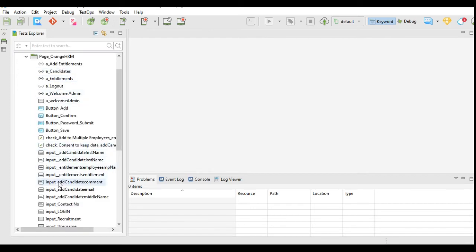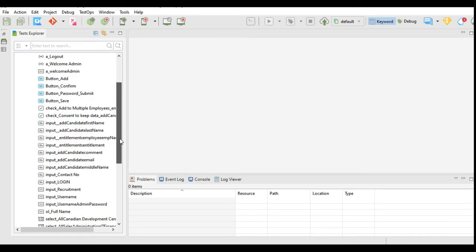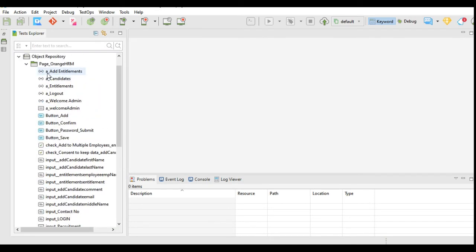Here I have changed all the object names. While changing the object name, keep the structure of the object in mind. For example, see here I have given a_ before all link type objects. All button type objects I have given the prefix button.